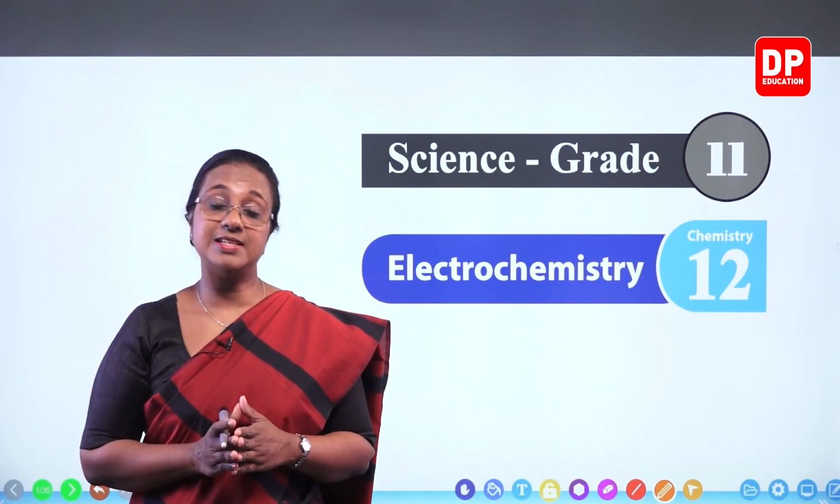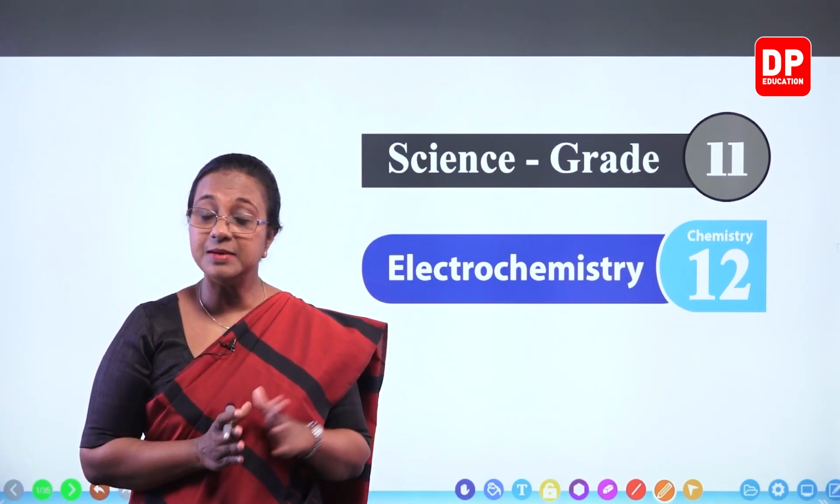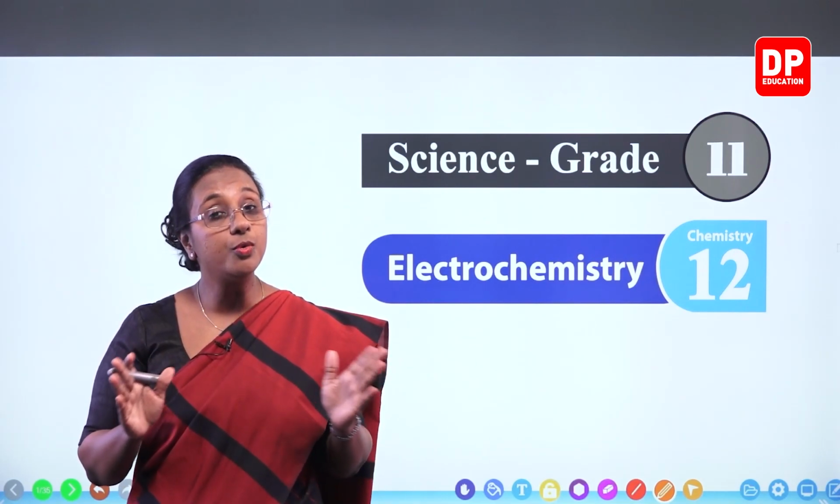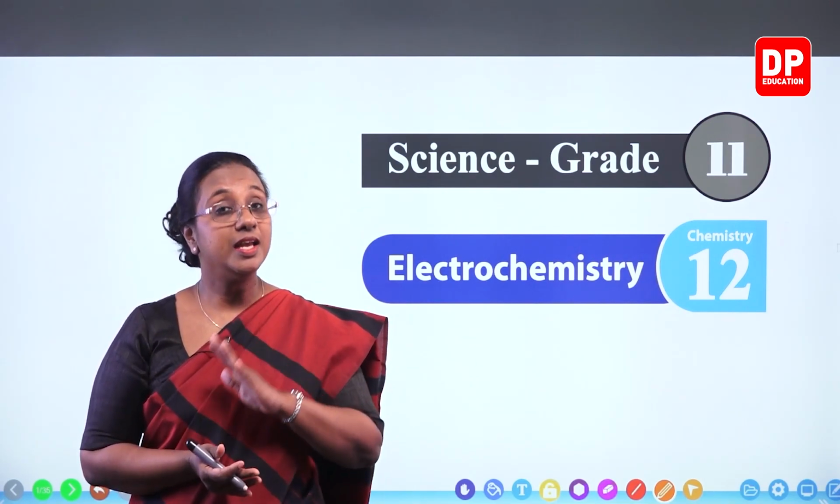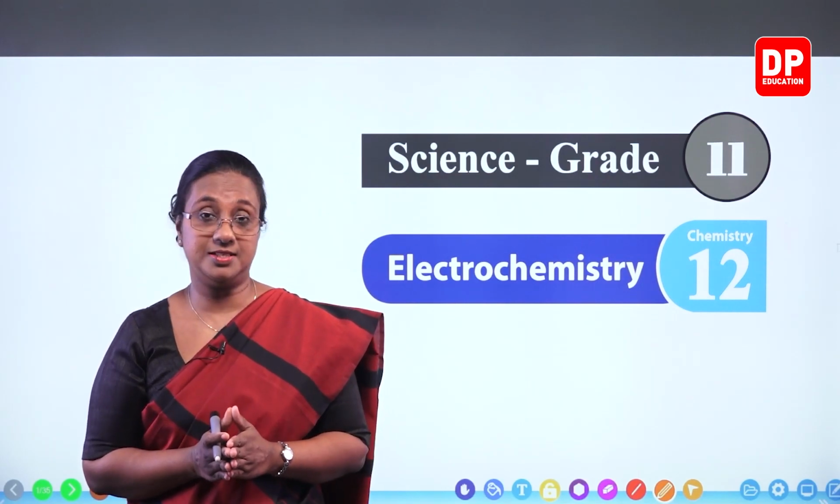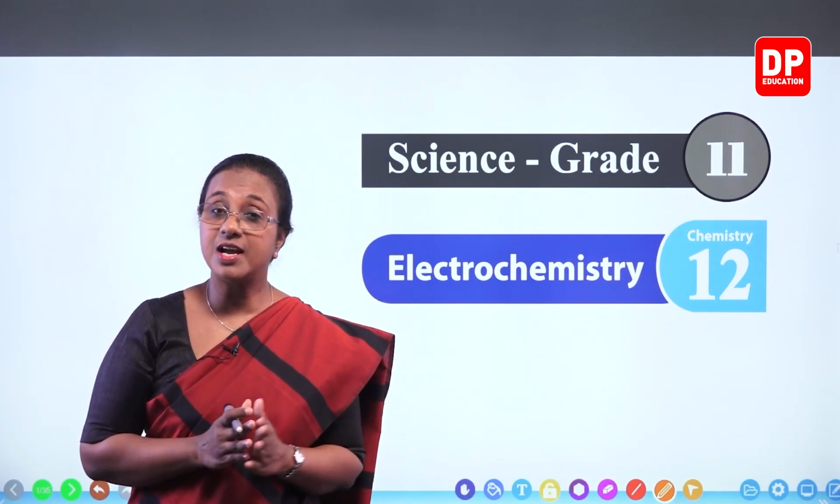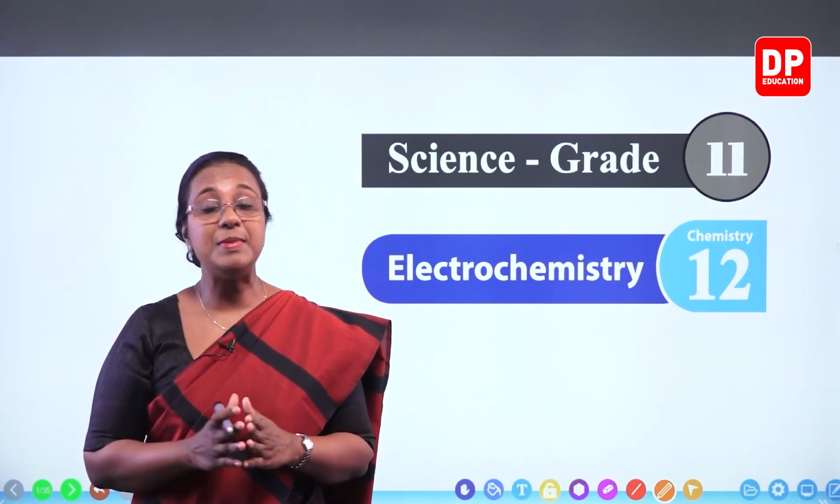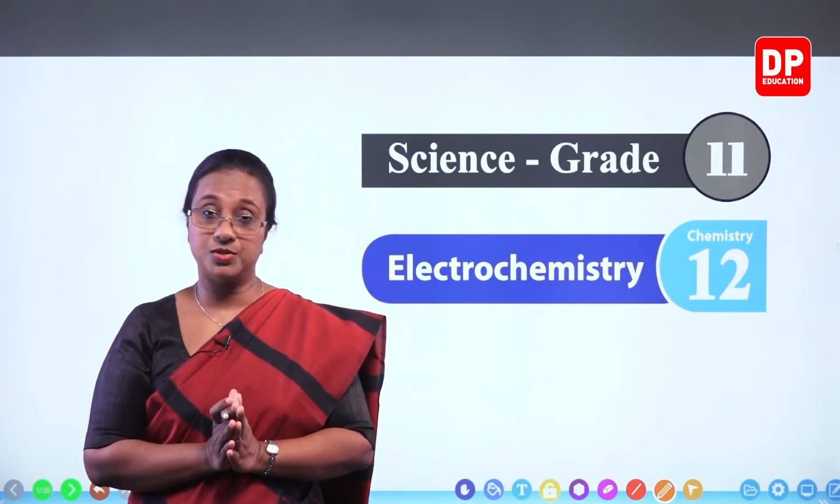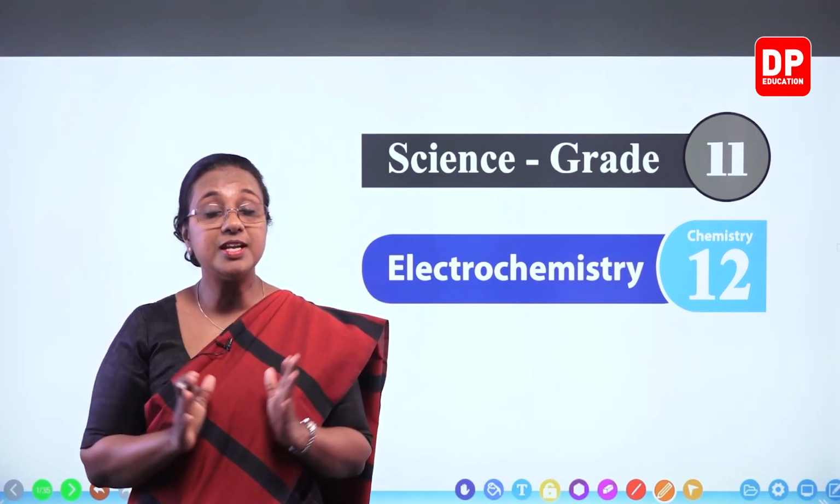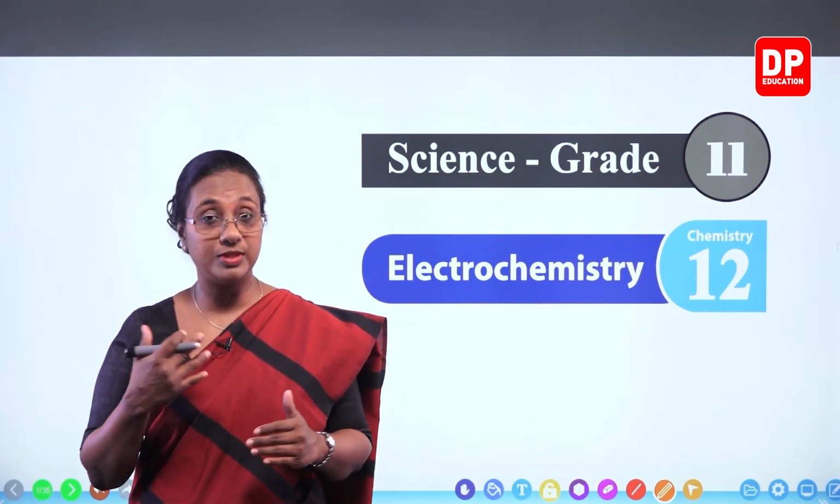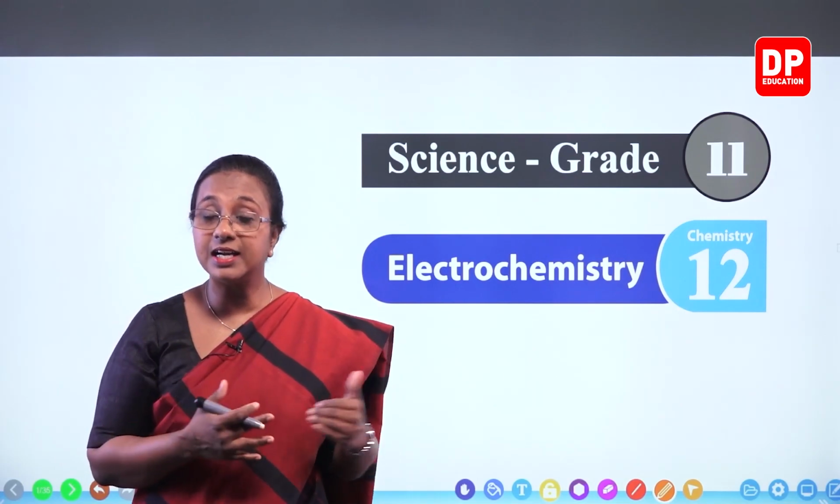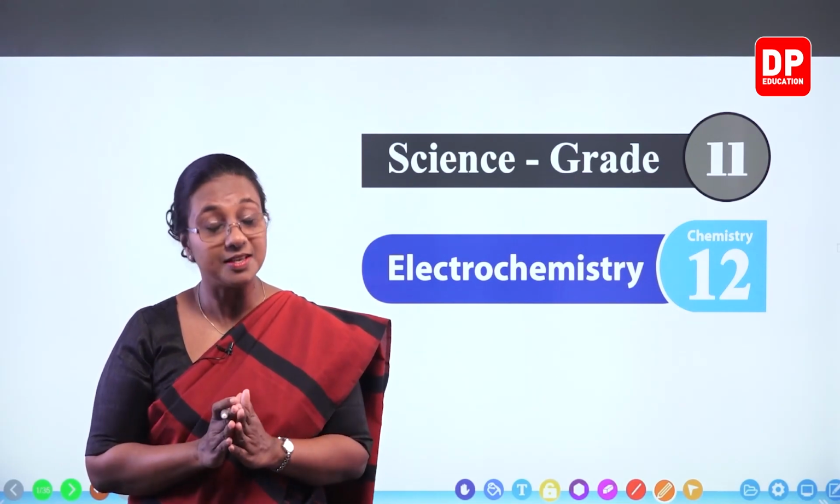So in previous lessons, you all have studied about electricity. You all know what electricity is. It is the flow of charges, so that gives rise to an electric current. You are familiar with that. Then you are familiar with chemical reactions also. Now different types of chemical reactions, how they occur, how reactants are converted to products, all that is familiar to